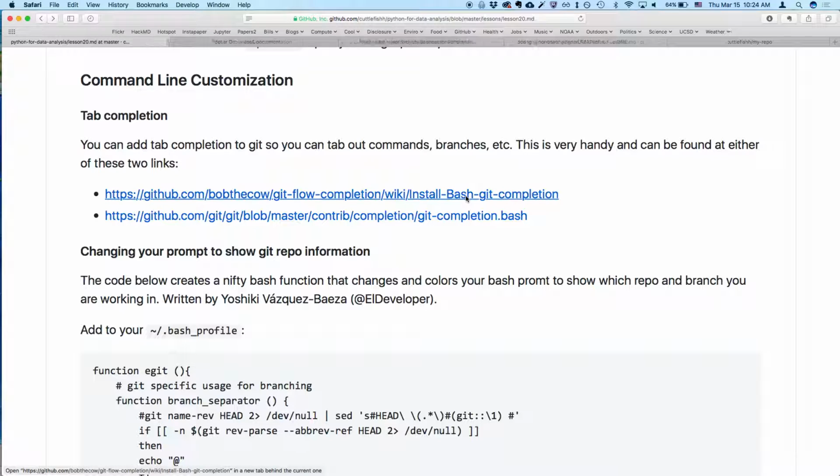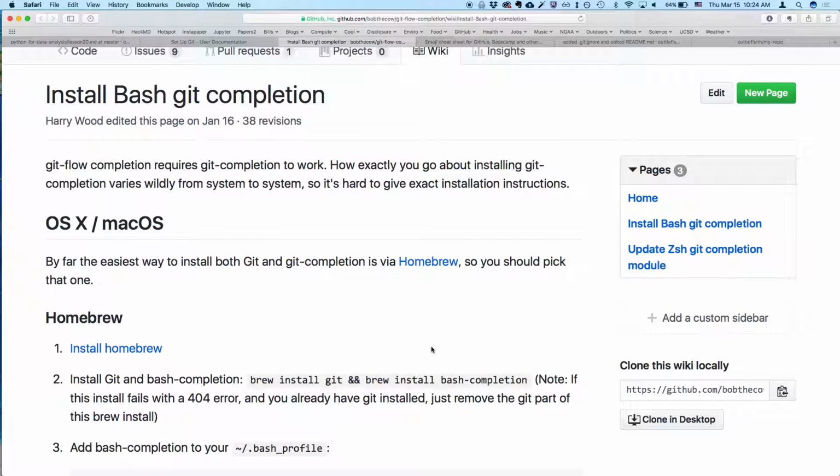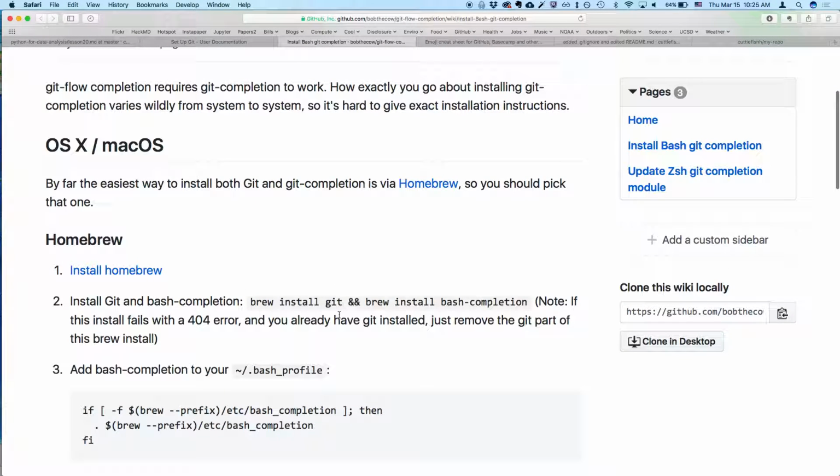If you click on this link here, there's ways to install Git Tab Completion, which will allow Git to know which files have been edited or added that you would want to add, so that when you type git add, you can tab and it will know which ones, instead of just using normal bash completion. I don't think I want to have you install this just this minute because we're running low on time,